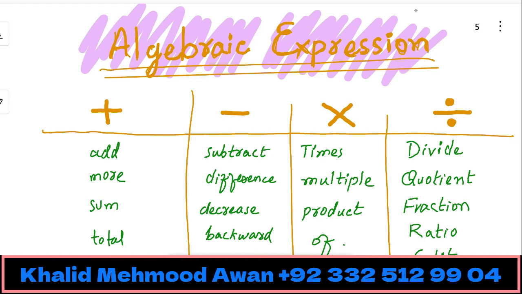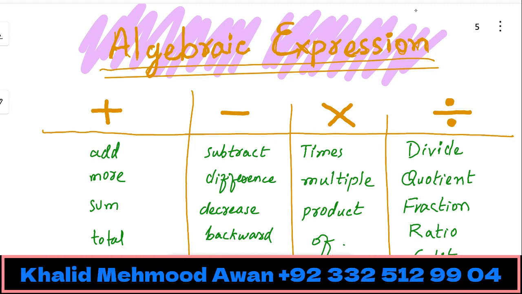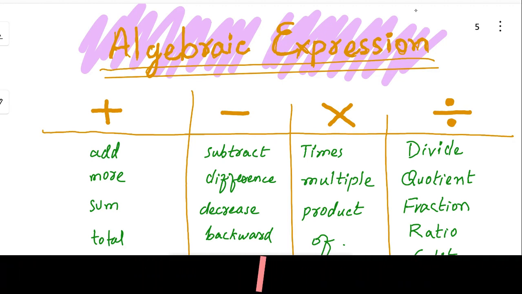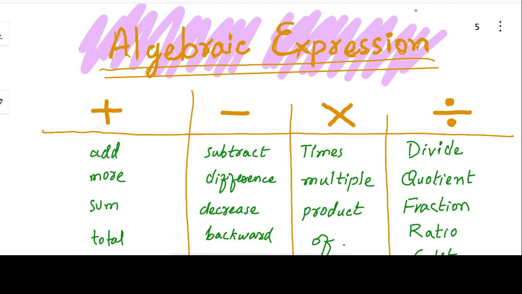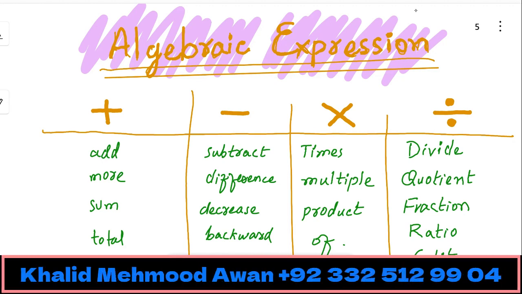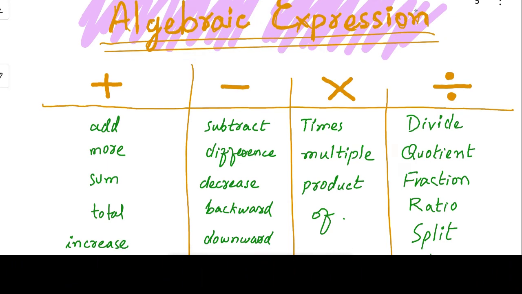Today we are learning about algebraic expressions, and in algebraic expressions, we'll be converting English sentences into algebraic form. So, first of all, we need to know about the vocabulary. There are four vocabulary words in mathematics, which are plus, minus, multiply, and divide, and their relative English words are,